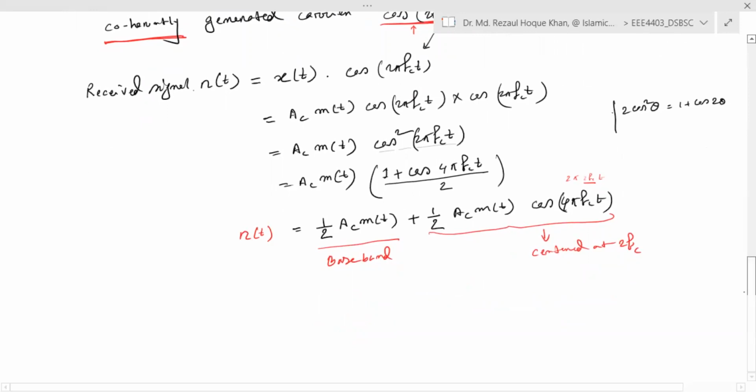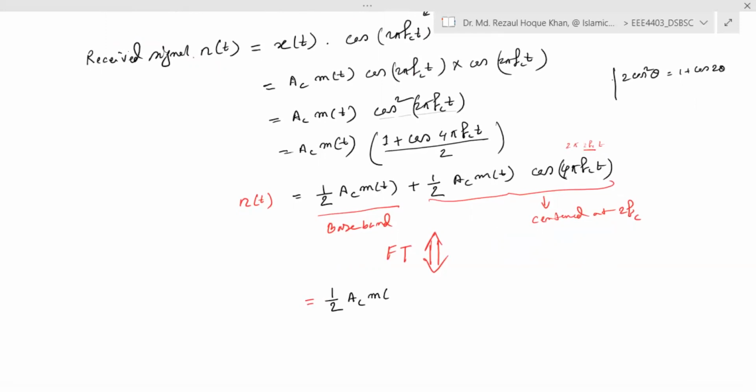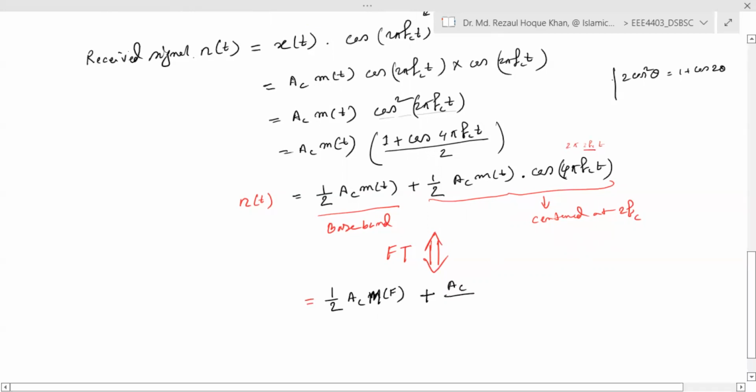If we do the Fourier transform of this signal, what will happen? Half of Ac m(t) becomes half of Ac M(f), plus, following the previous derivation, this multiplication becomes the convolution of M(f). I'm not deriving this because we have derived it many times. So Ac by 4, since this half is multiplied with the other half, so it becomes Ac by 4 times M(f)